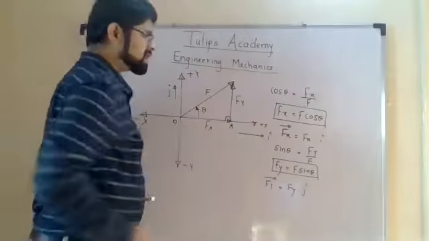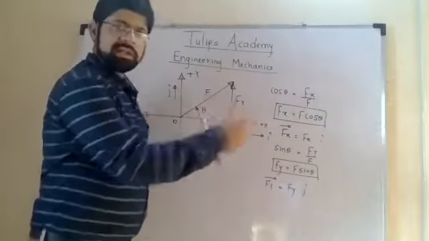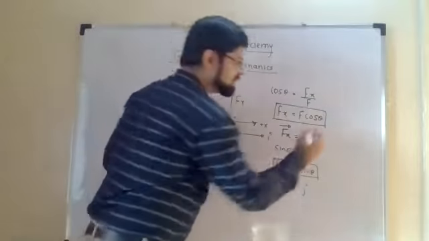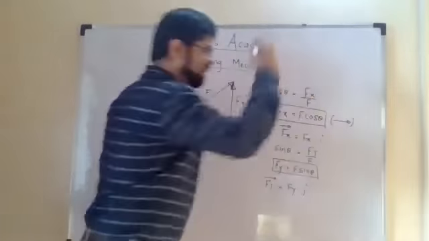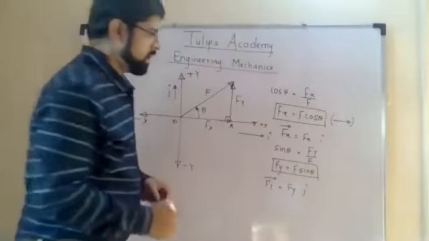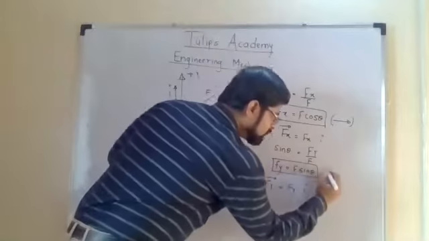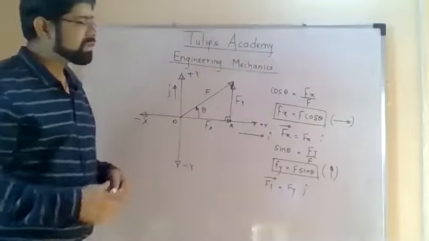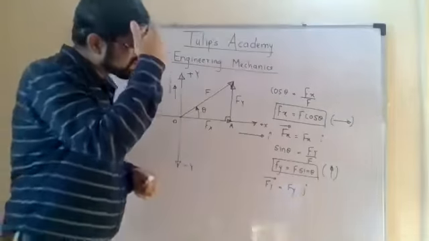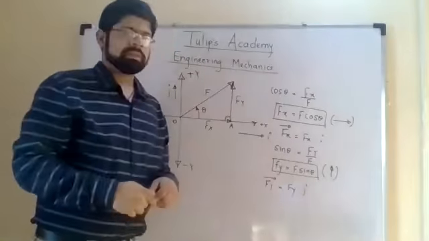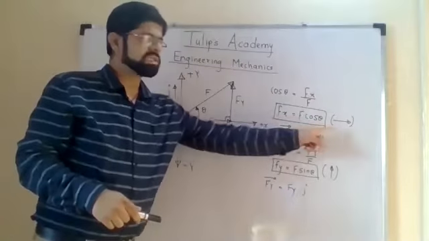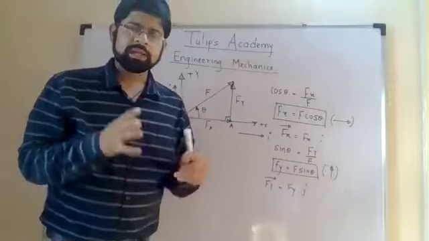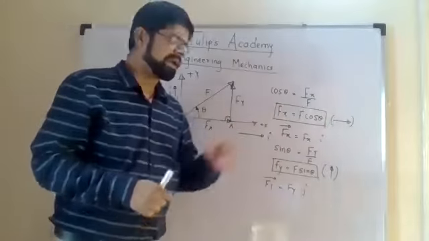Now if you look at the directions, you must write the direction in the bracket. Look at the direction of Fx, it is directed along the positive x-axis. So show the direction in the bracket along the positive x-axis. And Fy is directed vertically upward. So in the bracket, show the arrow in the vertically upward direction. That's it. This is the style in which the components are written. The magnitude is written as well as the direction is shown in the bracket, so that we get to know the actual direction of the component along with the magnitude.